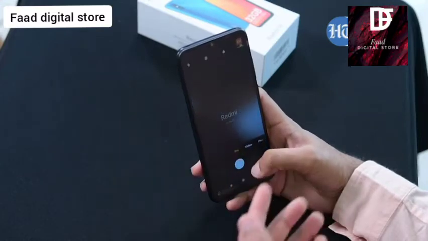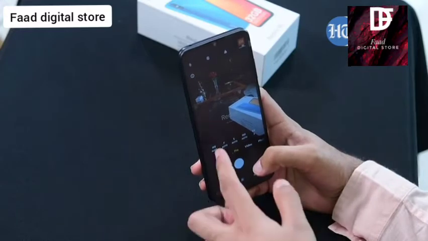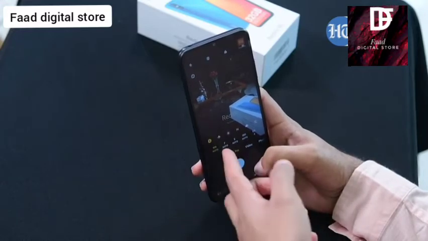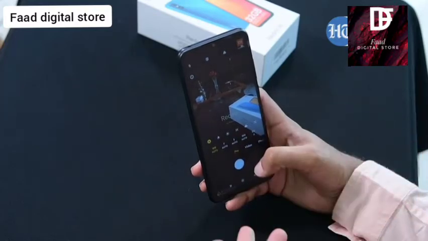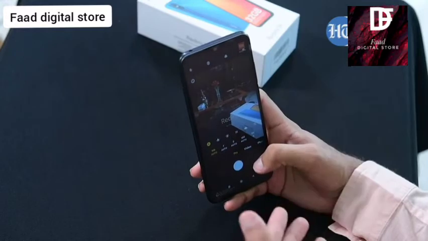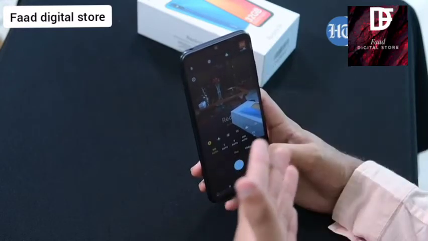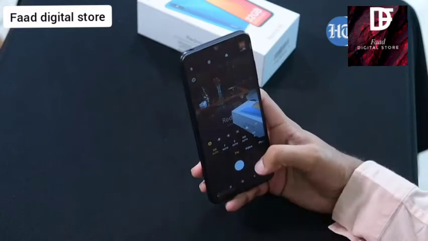Apart from that, you have this pro mode, wherein you can manually define the kind of different settings you want. So you can set manually the white balance, the aperture can be set also manually. You can also set the ISO level depending on where you are in terms of the lighting conditions. If let's say you're inside a room, then you probably need a different kind of ISO level. If you're, let's say, outside in bright light conditions, you'll need a different ISO level. So you can define that.